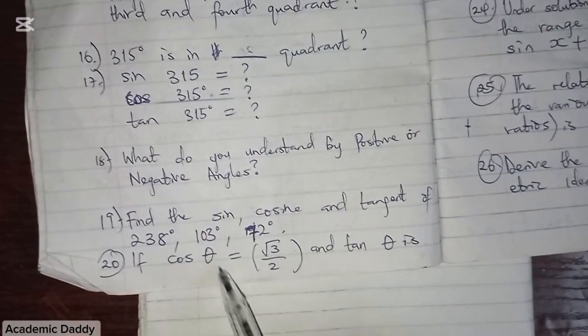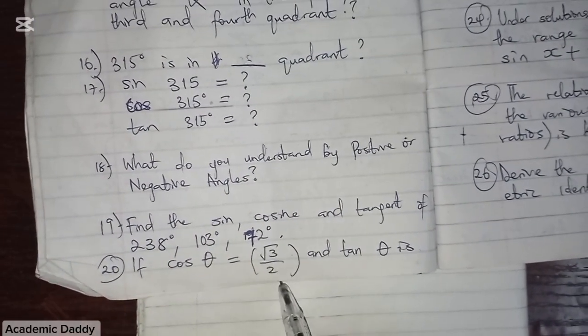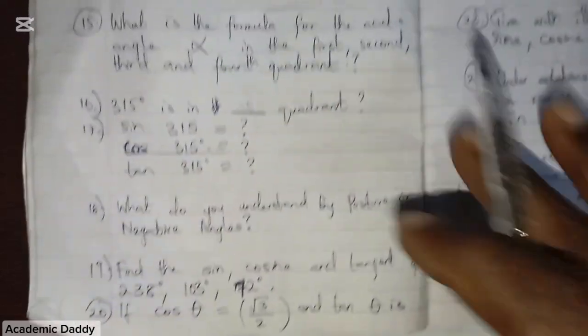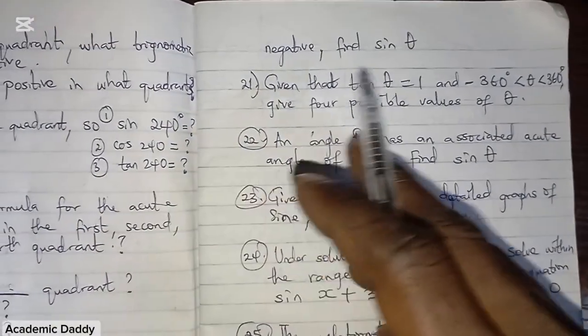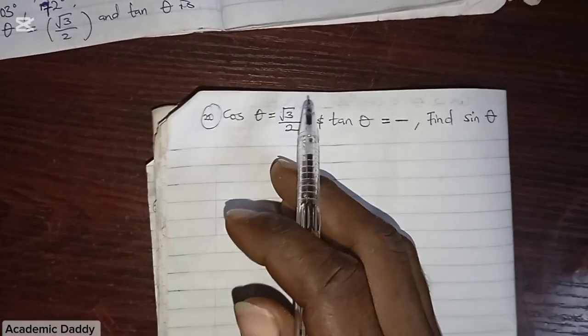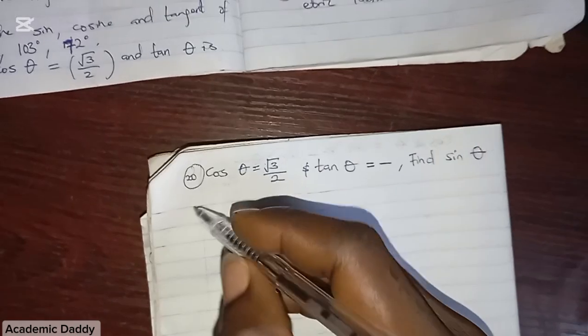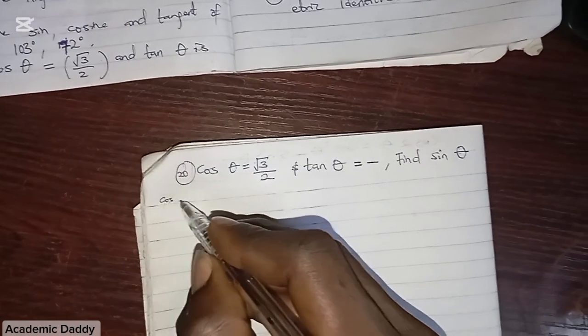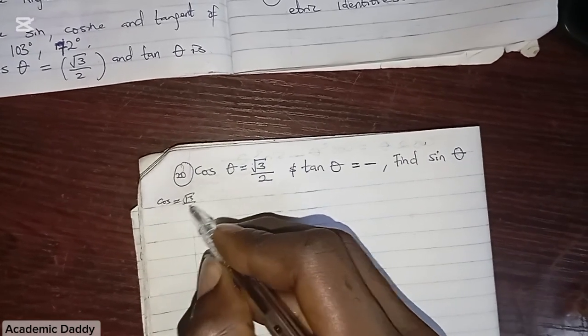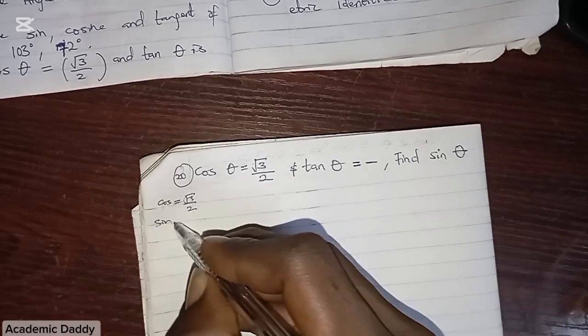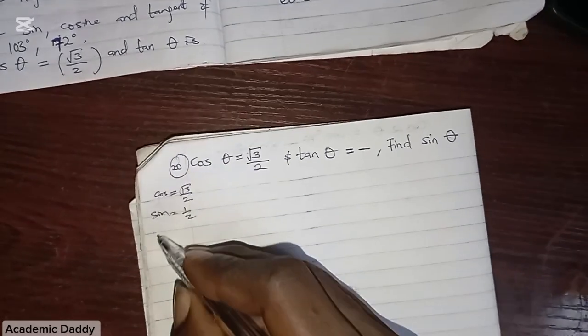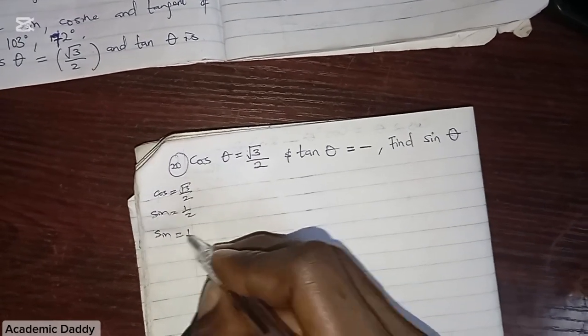If cos theta equals root 3 over 2 and tan theta is negative, find sin theta. So cos theta equals root 3 over 2 and tan theta is negative, find sin theta. I want you to know first of all that anytime cos is equal to root 3 over 2, sine is equal to half. And anytime sine is equal to half,